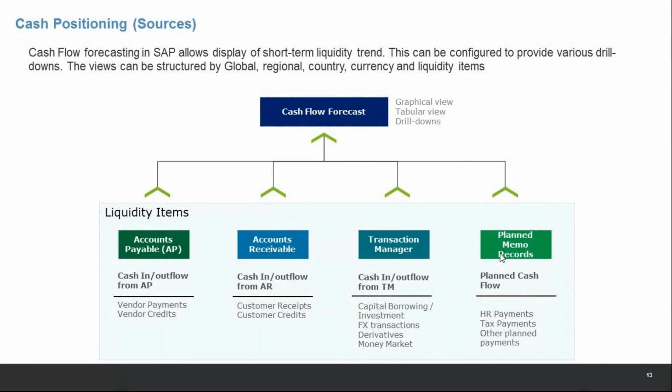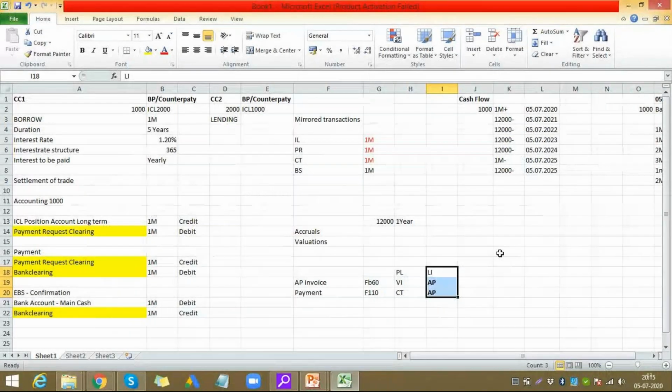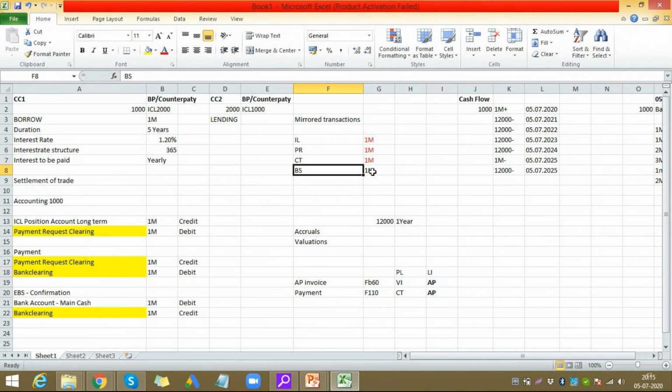Your intraday bank statement also creates a memo record. So what is an intraday bank statement? It's used for cash positioning. When I was talking earlier, I was talking about the regular bank statement. That comes the next day, because the bank statement comes after everything is done in the day, so it comes next morning or midnight. So cash managers can only check it the next day. But to do the exact cash position in a billion-dollar company, a cash manager would still need to know what is coming in and what is not coming in.